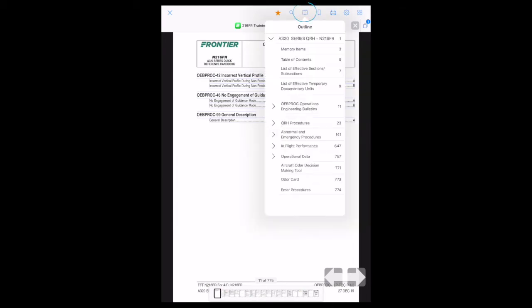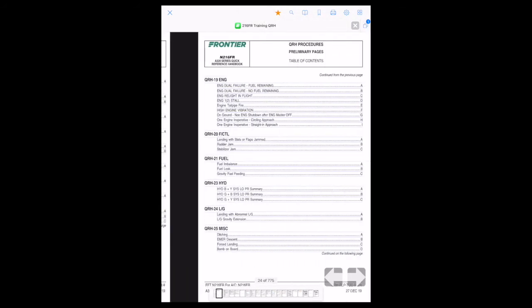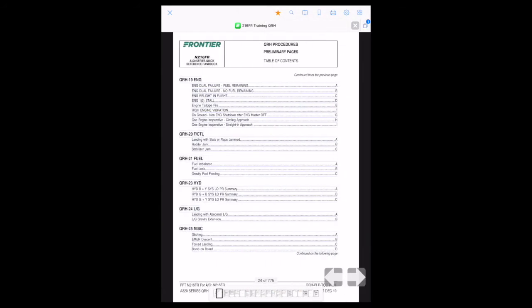The next section, following the Management of Abnormal Operations, is the QRH Procedures. To reference the QRH Procedures, once again selecting the Outline or Open Book icon, select QRH Procedures. This will bring us to the Table of Contents. At that point, you can find the system that you are trying to reference. In this example, we'd be looking under Fuel for gravity fuel feeding. Once finding the failure applicable to us, we would select gravity fuel feeding, which would bring us to the applicable